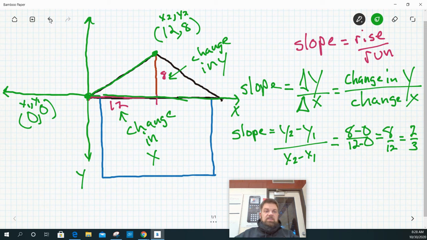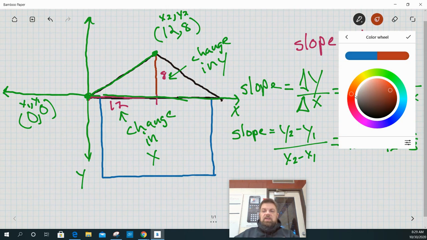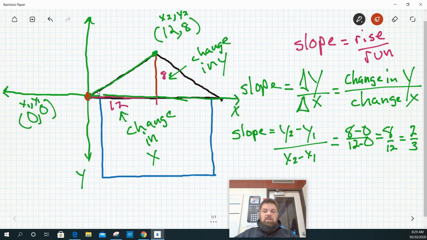Now what that means is if I take any point on this line, like say this point here, and I go up 1, 2, and I go over 1, 2, 3, I end up on the line. So I'm going up 2 over 3. From that point, if I go up 2 and over 3, I'm on the line again, and if I repeat that, I'm still on the line. Okay? So this